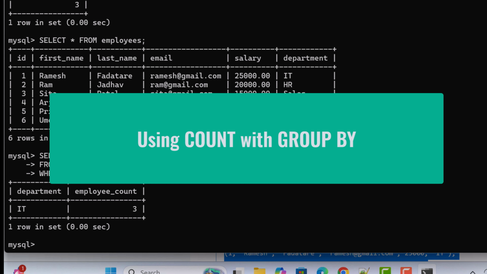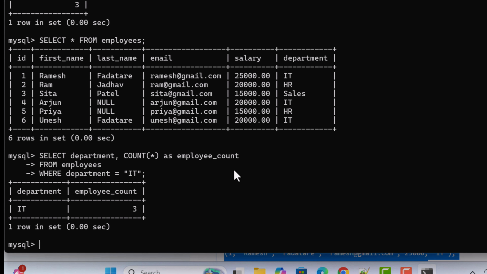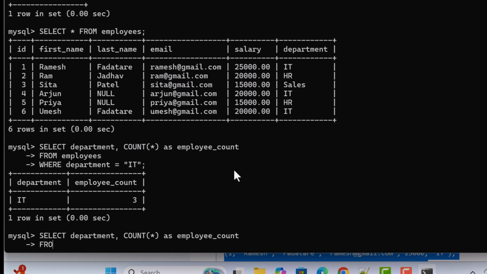Alright, so here let us write the SQL statement to retrieve the employees by department and count the number of employees for each department. For that just type the SQL statement select followed by the column name department. So we are going to group the employees by department, hence department column name over here, and then followed by the count aggregate function, and then pass the star, and then as employee_count. So this is the alias name, and then from employees,